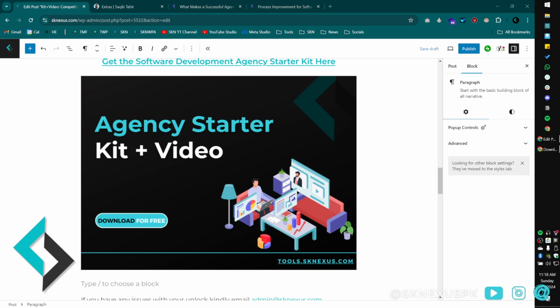So basically, this resource will be an agency starter kit and a video, this video, to get you on the pathway of starting your own software development agency or any services agency in the digital and IT space, right? The goal here is I'm going to walk you through a very basic workflow, which you can adopt starting today as a freelancer who has found some success with freelancing, and then use the templates and the kits I provide, which I'm going to walk through as well, and use it to gain an advantage.